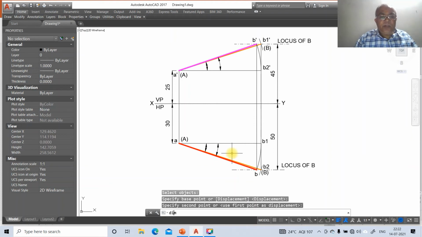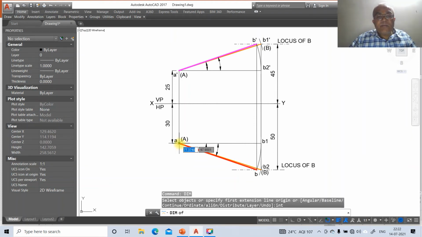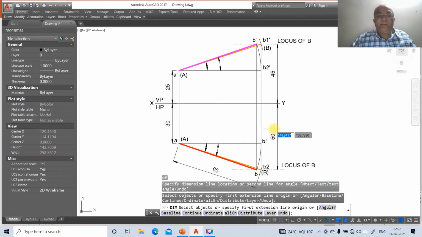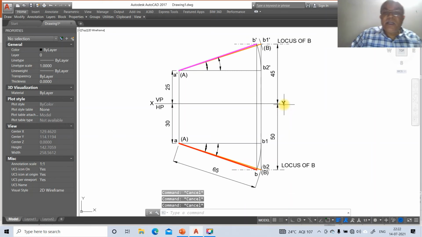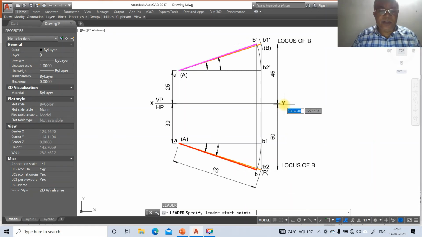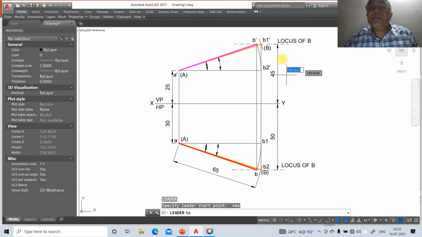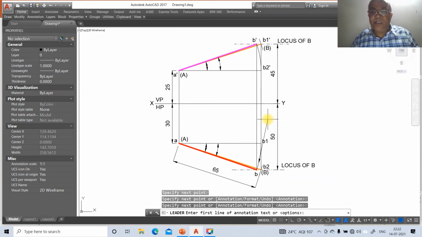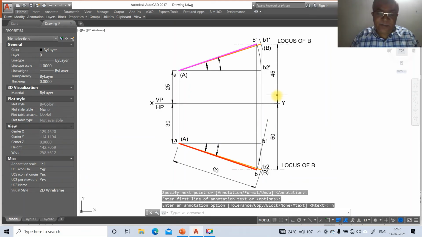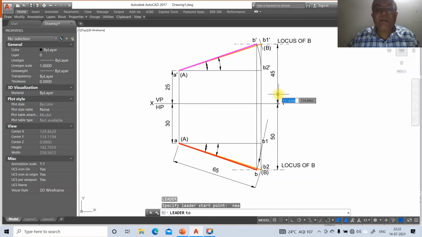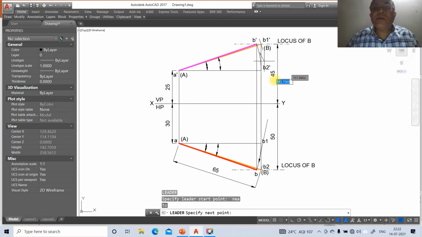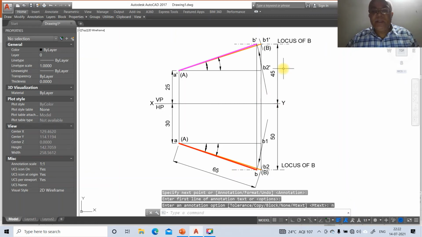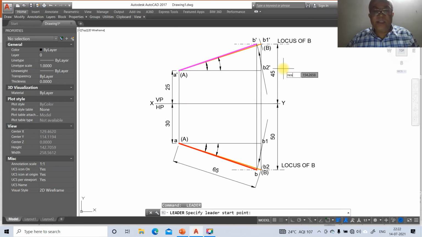And here go to dim, intersection of this, intersection of this, we're going to get 65. Now we need to write the directions of projection, nearest. So first you are taking this and you show this annotation option. Similarly, leader nearest on this side now. So you take this and you keep it. Annotation option. Similarly, leader nearest.